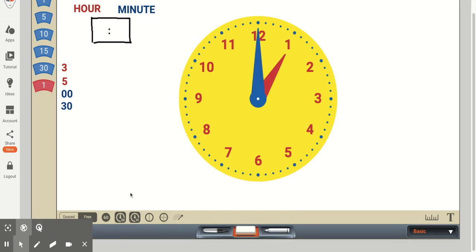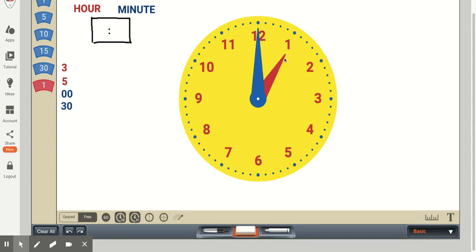So now, using both the hour and the minute hand, we can explain to the first graders that when this hour hand, just like we said before when we were using just one hand, is right on the 1, it is 1 o'clock. And when it's 1 o'clock, the minute hand is all the way to the top of the clock on the 12. So this would be 1 o'clock.